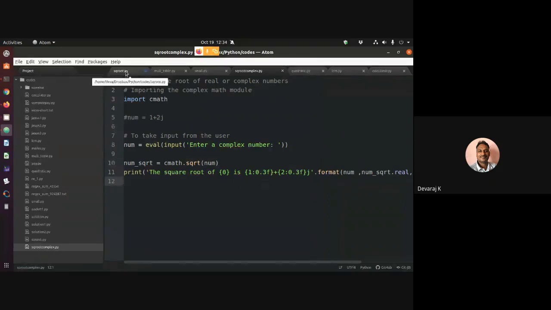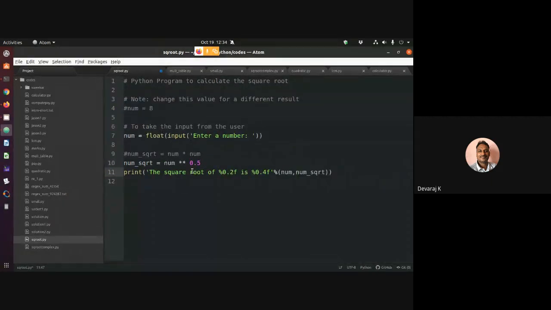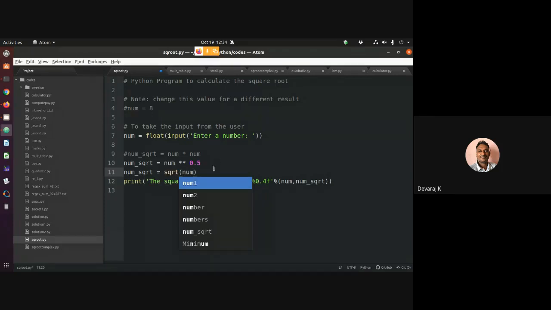I'm using the square root inbuilt function. Even in the previous example, I could have used num_sqrt equal to sqrt of num, and I would have ended up with the same output.